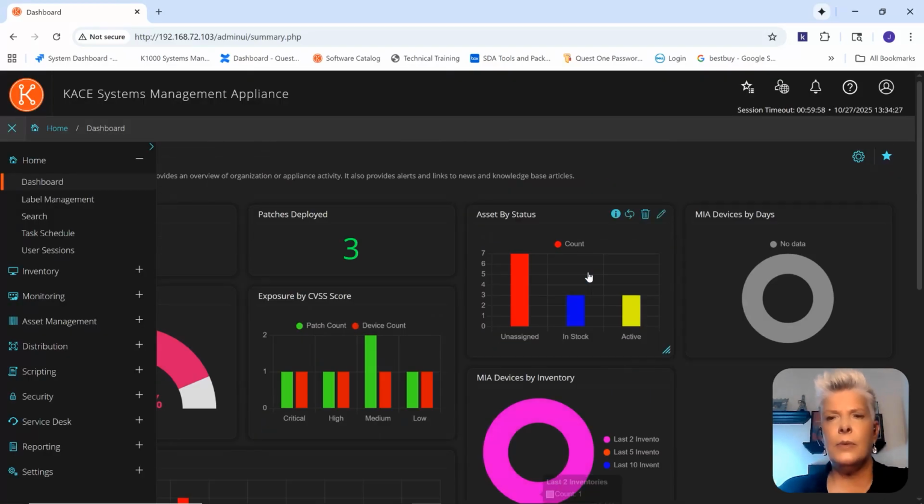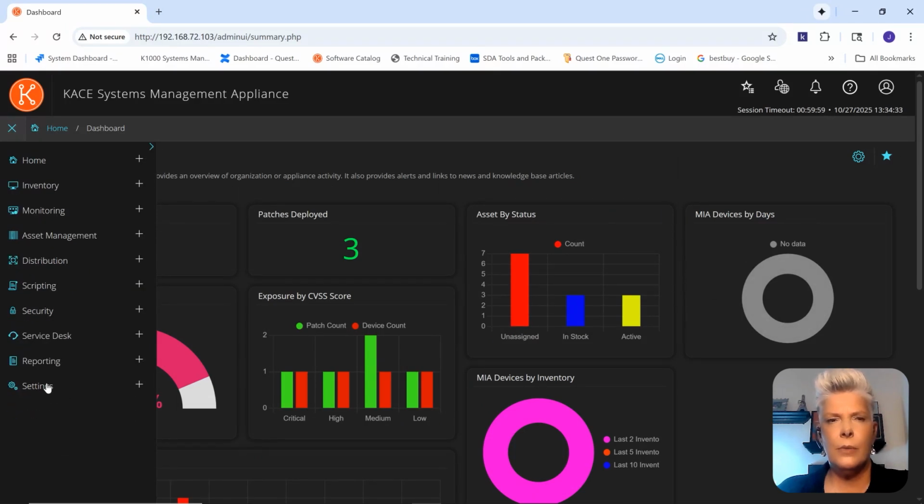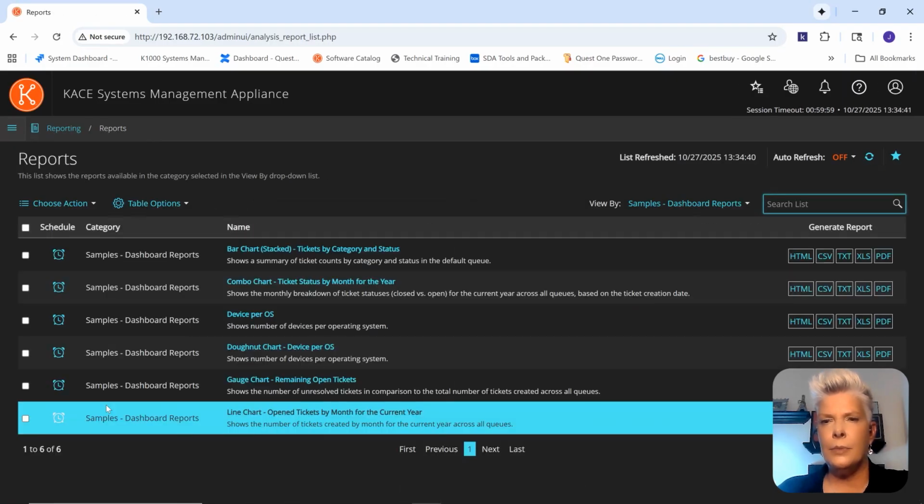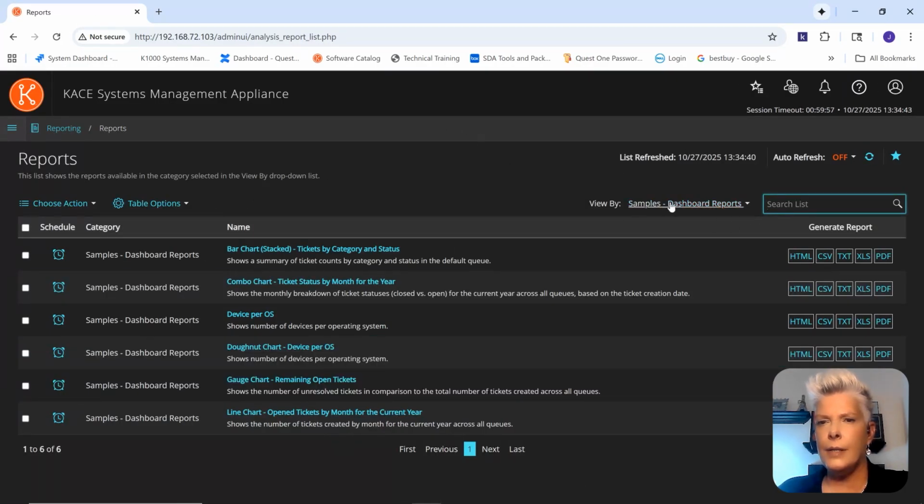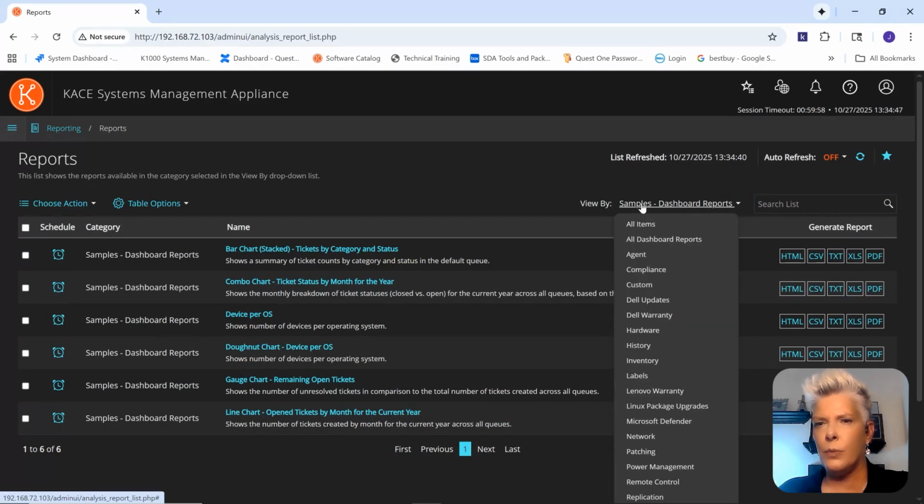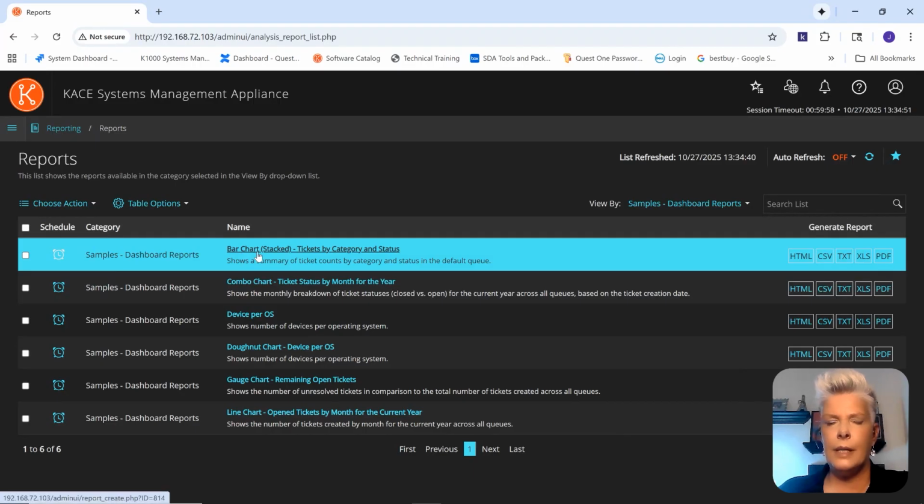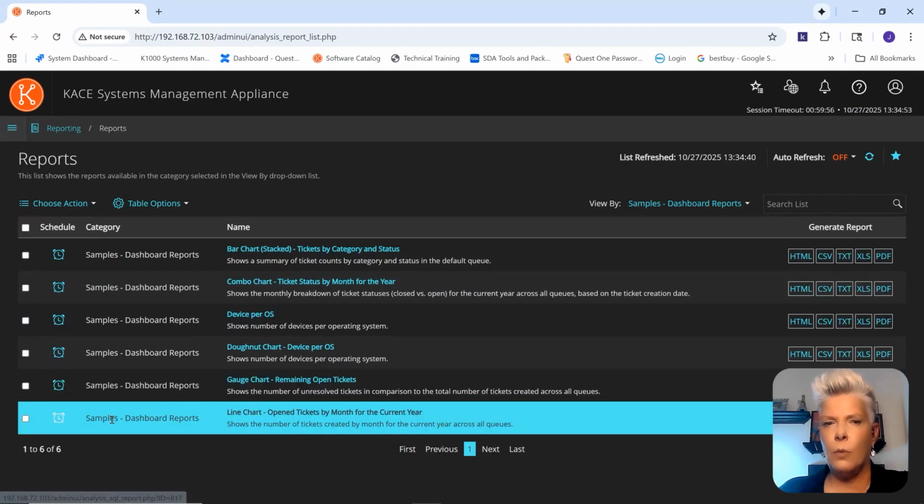Okay, so now that you know how this can be customized, when you finally have the chance to upgrade to version 15.0, you do have the ability of going into the report section, and one of our developers actually created a new category called samples dashboard reports. And this is giving you an example of every different type of widget that we support and what that data